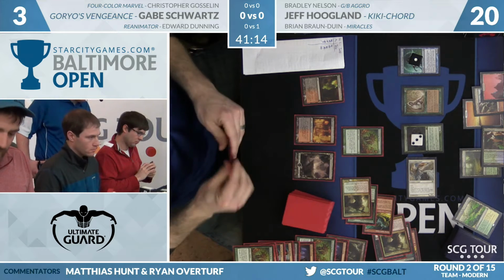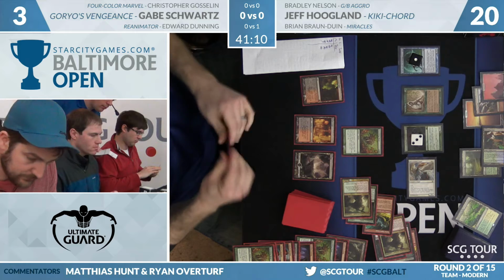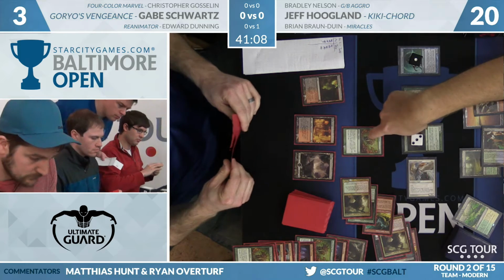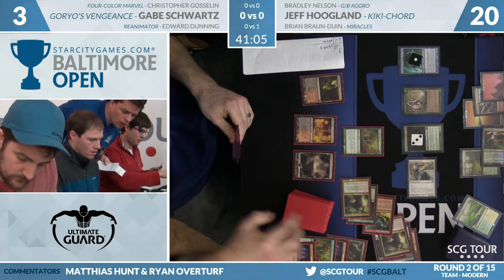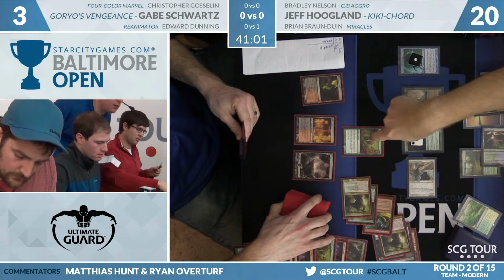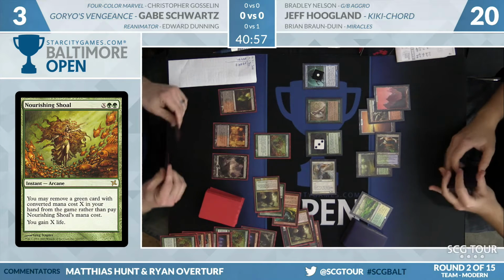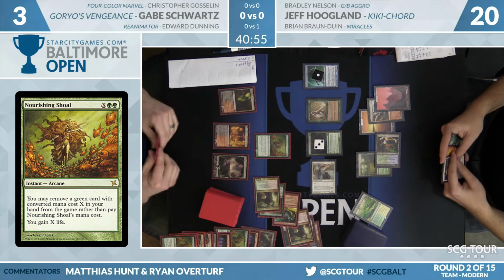Another Nourishing Shoal pitching Borborygmos. Gabe will stay alive, but now he's almost out of cards, and his hand is a little bit short of possibly being effective. He has Desperate Ritual and Through the Breach, so he's short both anything to cheat in and one more mana source to execute that. Yeah, if instead of having Shoal, there's a lot going on here that could have been good